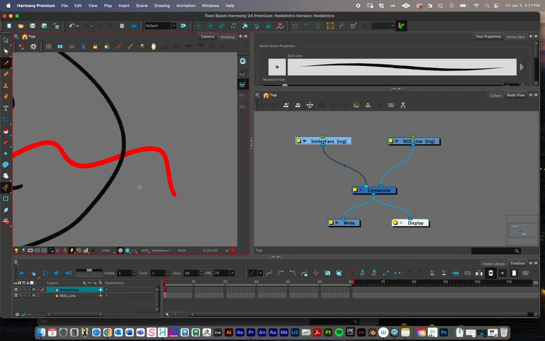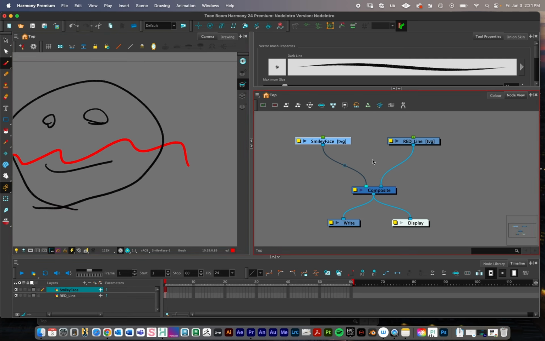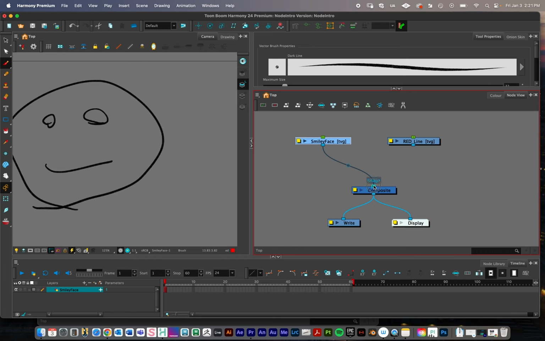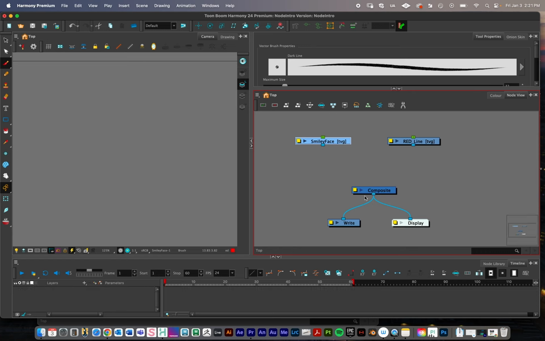Continuing on working with this node view, you can take these and unplug them right here, and you see how I unplugged that red line and it disappeared. I'll do it for the smiley face so that you can see exactly where I clicked. I click on this spot right here, drag off, and let go, and it unplugs it. So now that smiley face and that red line aren't showing up anymore